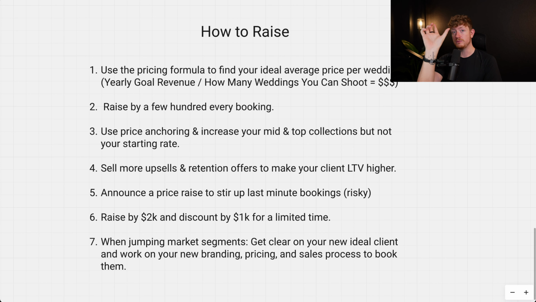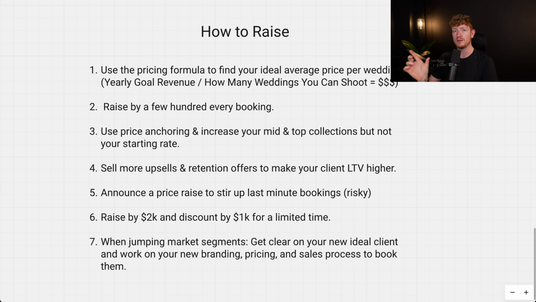Now, your couples see that price and then they compare that to every other price point you have. So you want your price anchor to be very, very high. And then your mid and your bottom tier collection looks very small in comparison, even if it's a lot higher than you initially had it. So your top tier collection could be 10K. Your goal is not to sell it. If you do sell it, great, but your goal is not to sell it.